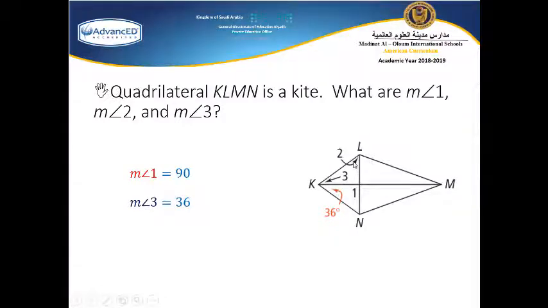We can find the measure of angle 2 from this triangle by adding the given 90 and 36 and subtracting from 180, then the measure of angle